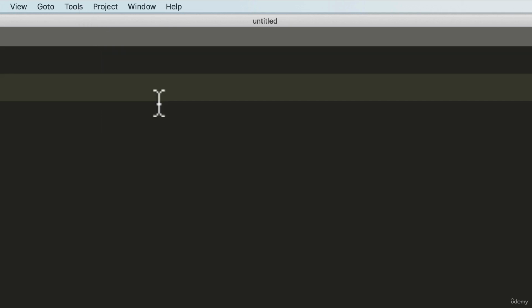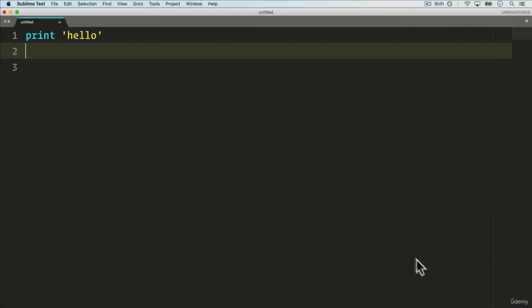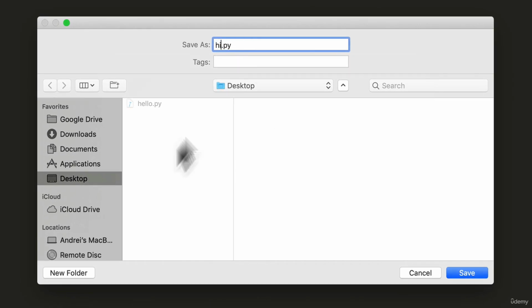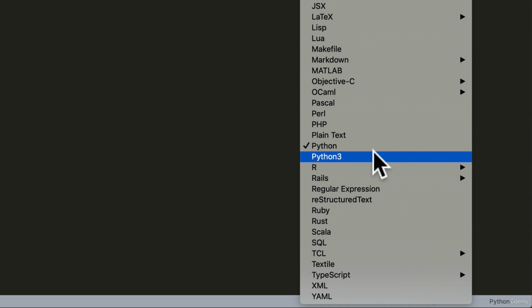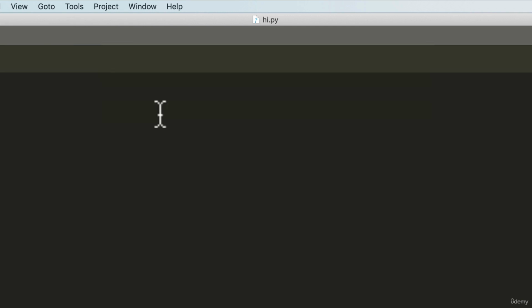And there's lots of packages that you can install to customize it. And there's tons of resources online of customizing your code editor. So everybody has their own preference. Now, if I click over here, I see that I now have Python 3. And if I click here, all right, everything is good. And now we can just save this file. We can call it hi.py on our desktop. And when we save this, sometimes this will switch over to Python. Now, this shouldn't matter too much. We could also do Tools, Command Palette, and just set syntax with Python 3.